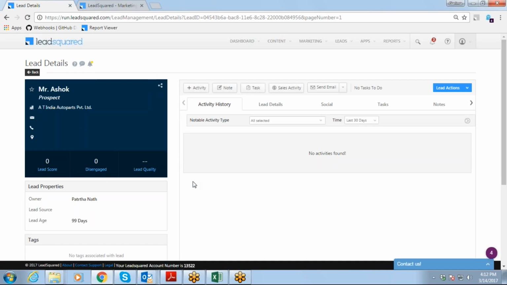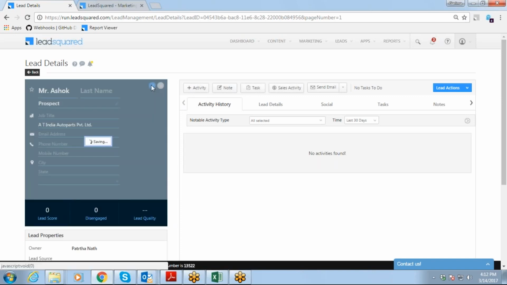Whenever you just want to communicate with the lead, you want to see the lead details, you just click in here and you can see all these details. You can add the email address here, you can edit this. Now, you call that lead. Initially what you do is you get a lead, you call them, so you just add an activity here.